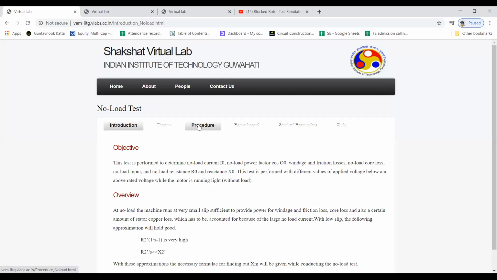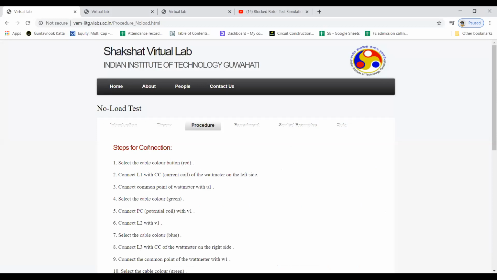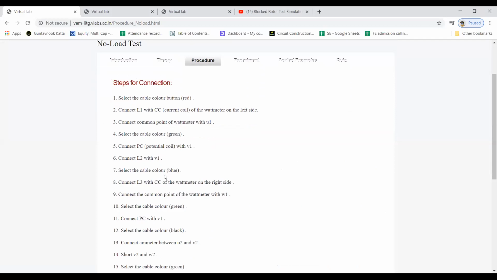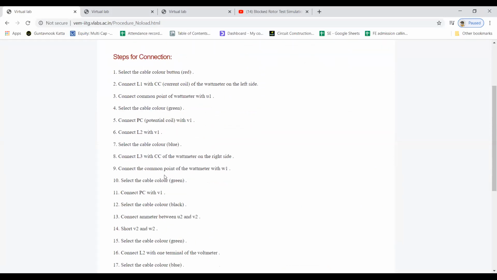The procedure will go first. These are the steps for connection. Select the cable color. In the previous practical, there was no need to select the color for the cable, but here on this IIT Guwahati site, you have the freedom to select the color for a particular cable.